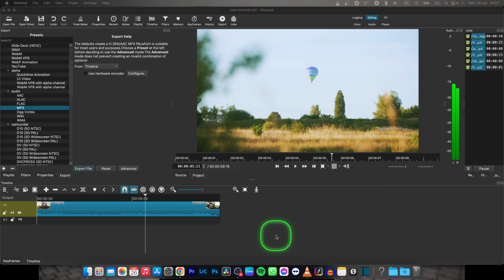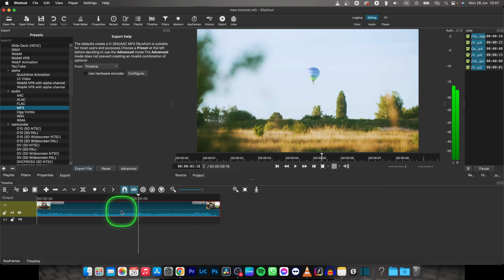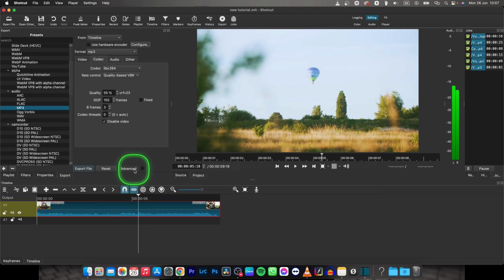Hey guys, my name is Elijah, and in this tutorial I will show you how to export your video from Shotcut as MP4 file. So it's very simple. Go over to Export tab right here, then make sure this Advanced tab is checked and go right here to